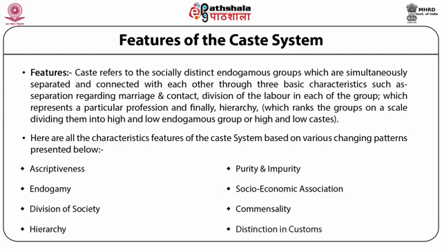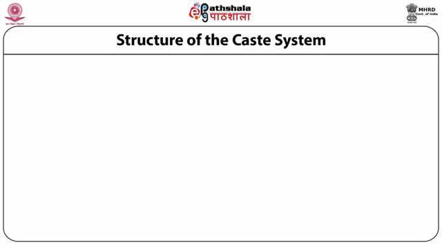Distinction in customs. Each caste is composed of distinct ways of living life, that is, having its own customs, form of language or speech, and dress code or pattern. As the high caste use the pure language, using literary words, whereas the low caste use the local language, an admixture of various words. Now let's discuss the structural components of the caste system.